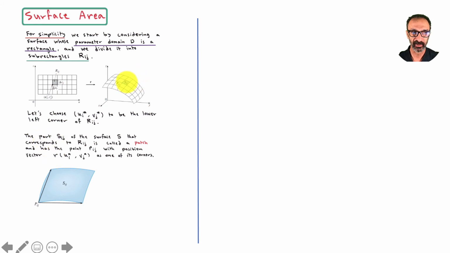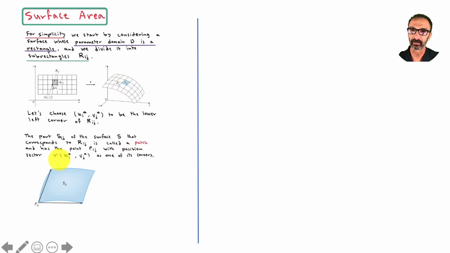Now this portion right here, down here, that's S sub ij. The part S sub ij of the surface S that corresponds to R sub ij is called a patch and has the point P sub ij, this point right there,